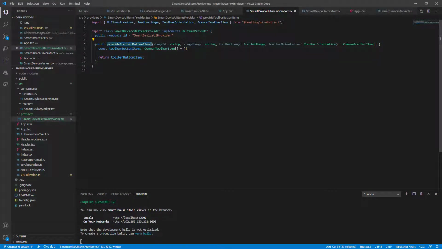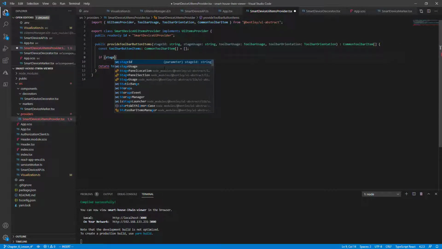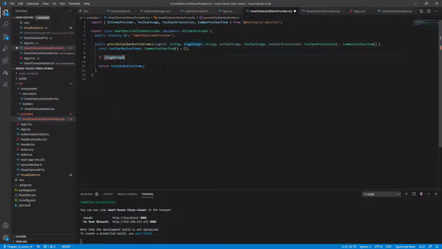The provide toolbar button items function is called once as soon as the provider is registered to the viewer, and we need to check for a few things like stage usage, toolbar usage, and toolbar orientation to let the provider know where we'll be adding our buttons. So let's perform this check with an if statement. If the stage usage is the stage usage general area. This is the default stage when we first open the viewer,